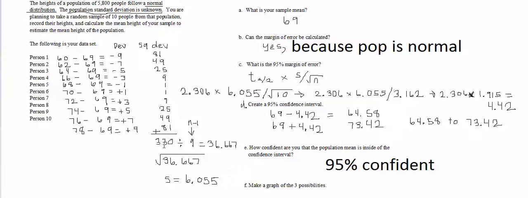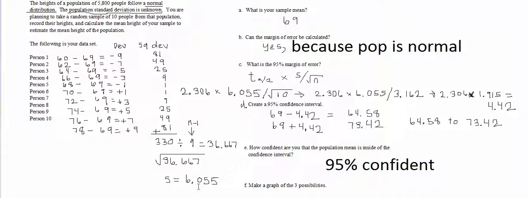I added the squared deviations, and I divided the total by n minus 1 because it's a sample standard deviation. So use n minus 1. I have 10 people, and 10 minus 1 is 9. So I divide this total by 9, and this was my answer right here, the variance. Now I just take my variance of 36.667, I find the square root of it, and that's my sample standard deviation,